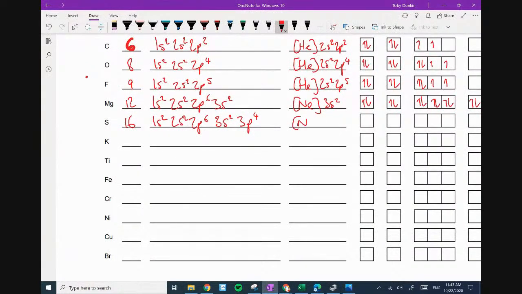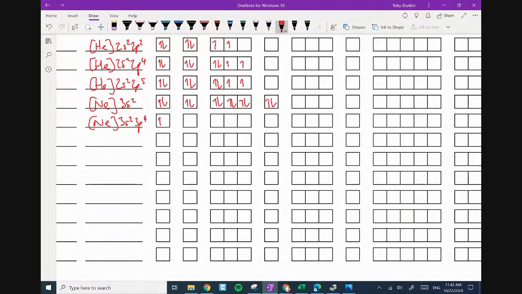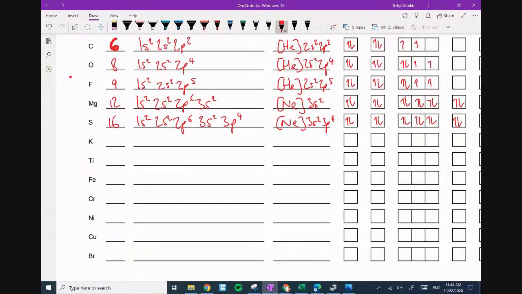3p4, still on the neon line, so neon, 3s2, 3p4. Box diagram: 1, 2, 1, 2, 1, 1, 1, 2, 2, 2, back in, and now we've got the 3p4: 1, 2, 3, and then 1 paired up. I like it. Right, potassium, element number 19, 19 electrons, 1s2, back to the beginning, 2s2, skip over to the